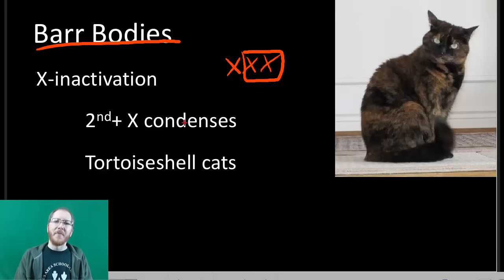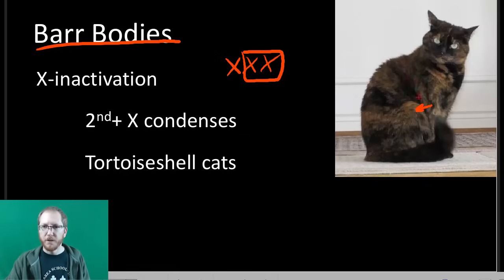chromosomes. And this is cool because while they're a chromosome, while they're condensed, they don't really work well, they don't really turn on well, and so this gives us some cool patterns, but they only exist in females because only females have 2 X's. And so that's like the tortoiseshell cat where they have ultimately orange hairs and they've got